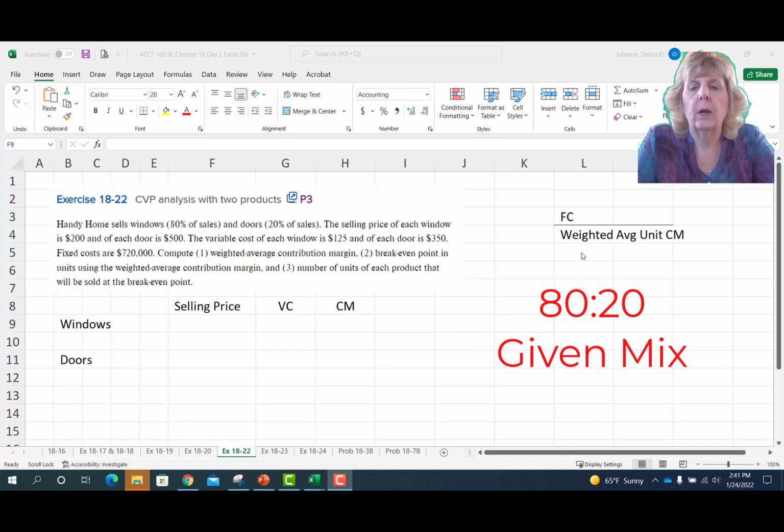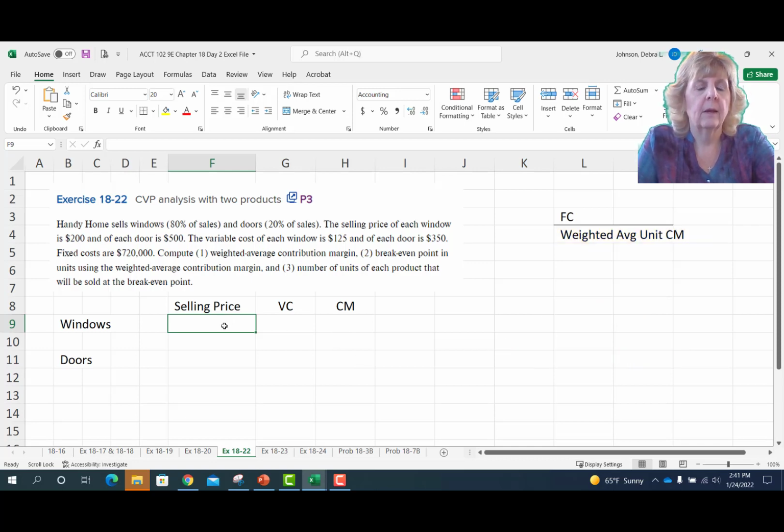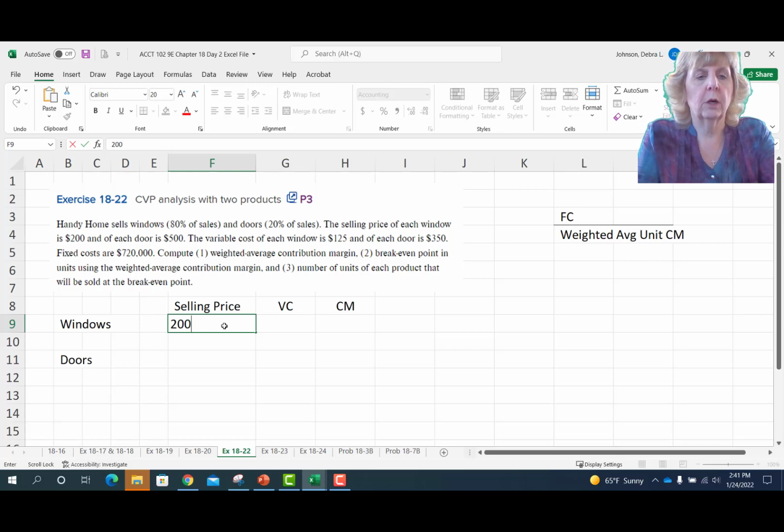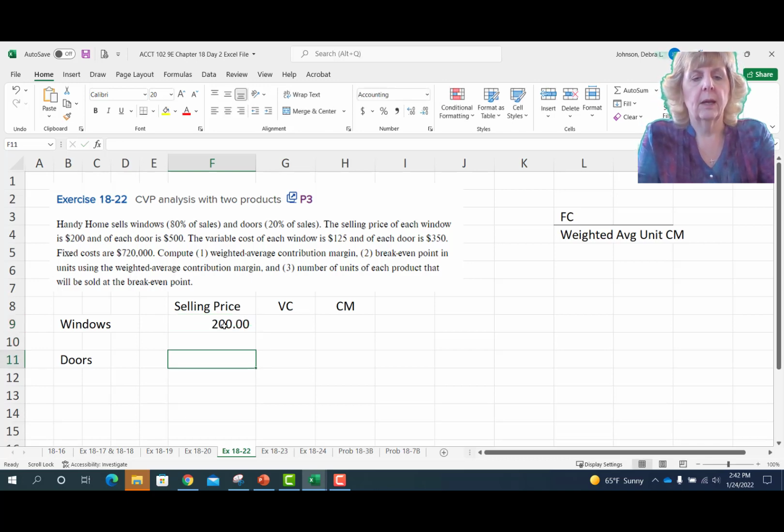We're going to use a weighted average contribution margin on the bottom. That means we're going to calculate the contribution margin of these two products and then weight them according to the 80%, 20% sales mix. The second sentence tells us that the selling price is $200 on the windows and $500